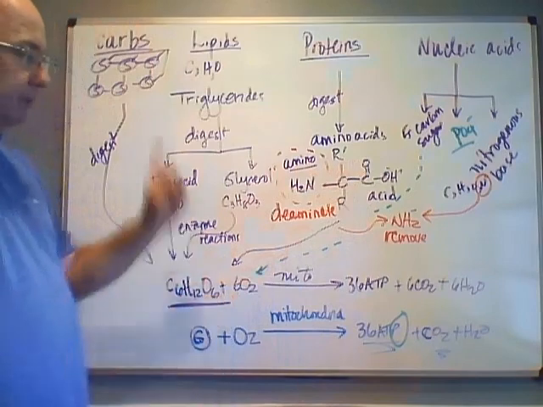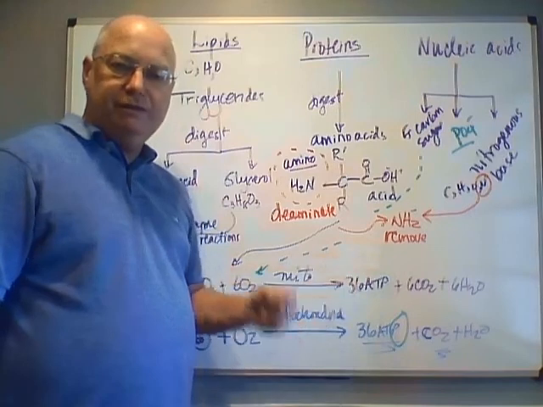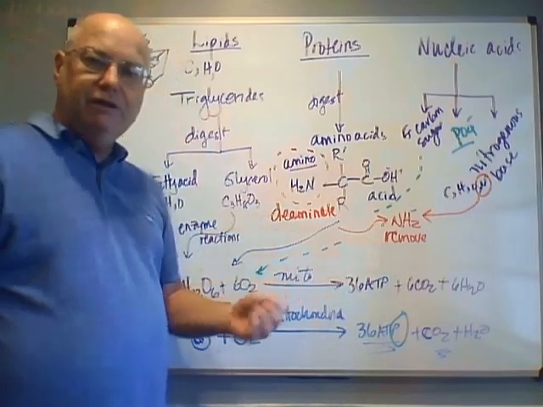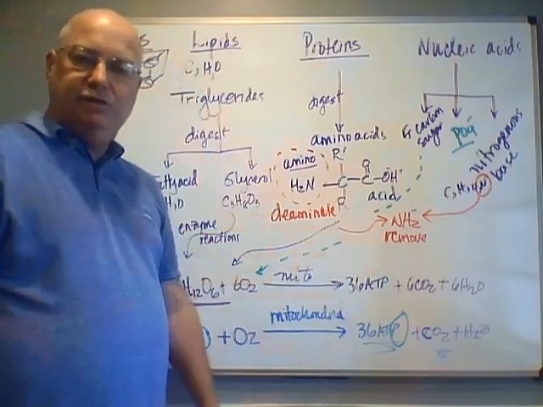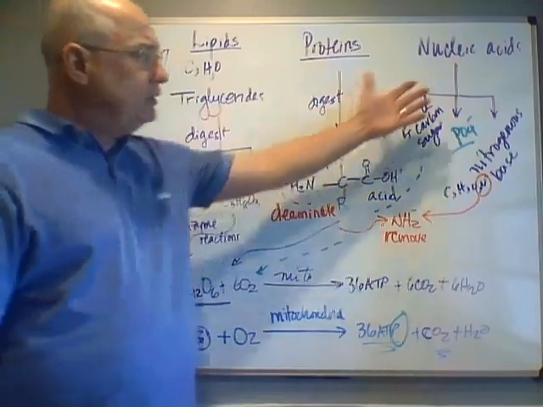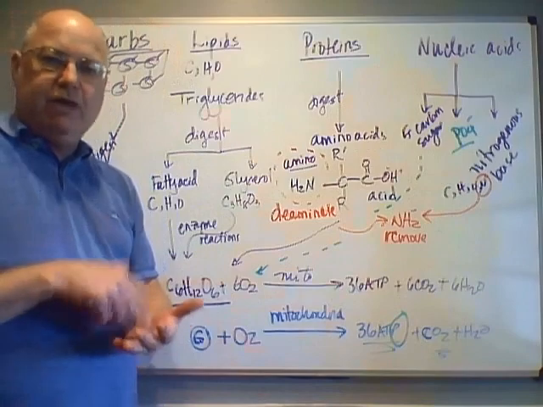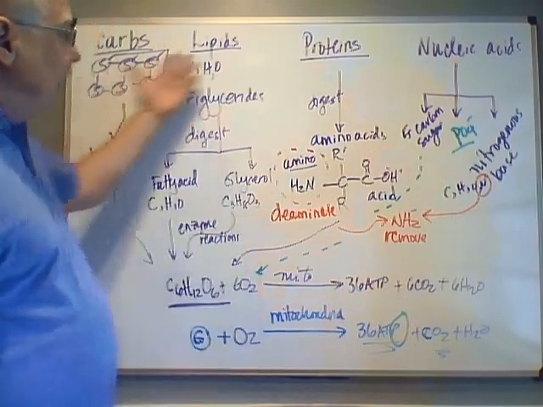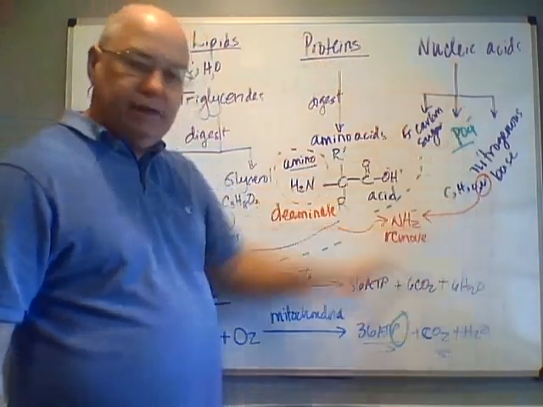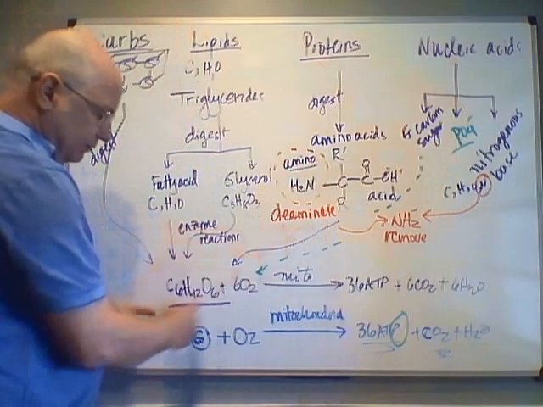under gluconeogenesis into glucose. But I have to deaminate, and that's where we're going to generate some very toxic compounds, a lot of amino and ammonia containing compounds and ammonium ions. And that's going to be the necessity of the urinary system and why we're linking it to metabolism. And of course, we can break down nucleic acids for the same process. What you need to know from this diagram is simply this. All of these can be used for energy if necessary. These two I have to deaminate and form some ammonia-containing compounds, which are dangerous. But all of them can go from